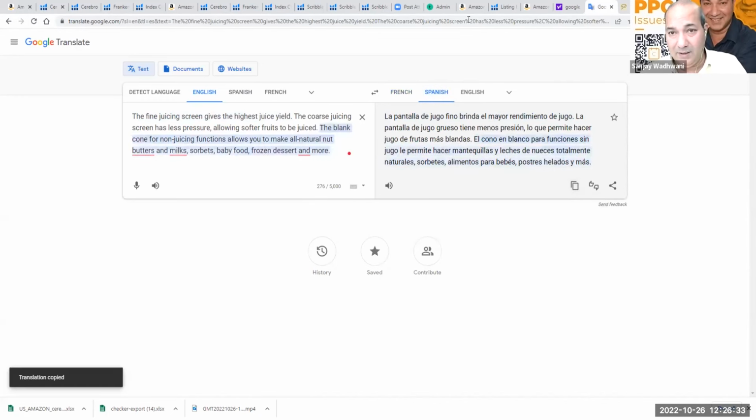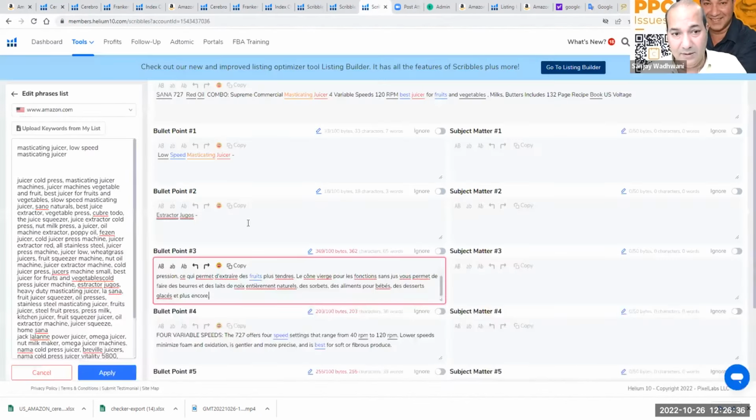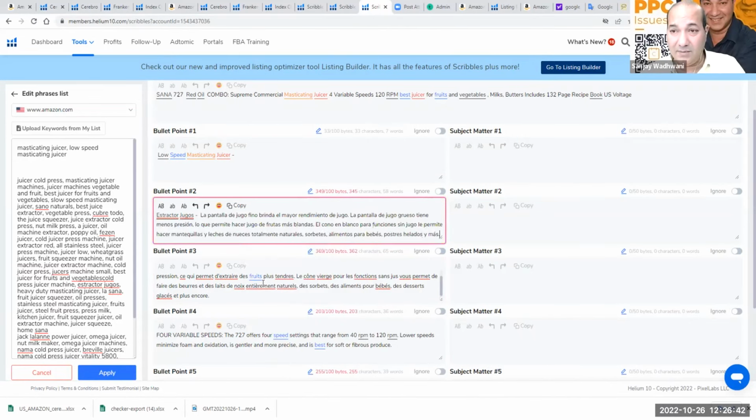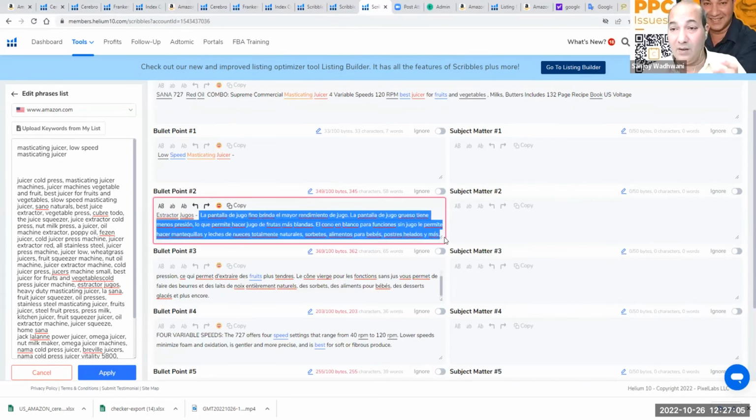Okay, and you can copy this, go back to your scribbles. The purpose of doing a listing optimization, especially on Amazon, is about sales. It's sales marketing. You're basically trying to sell your product by writing through a sales strategy. The sales strategy tells the benefit of the product, and then it tells the story of the product: why, if, but, not, when, all this stuff. So this is the benefit, and then the story of the product, why you should buy that product,